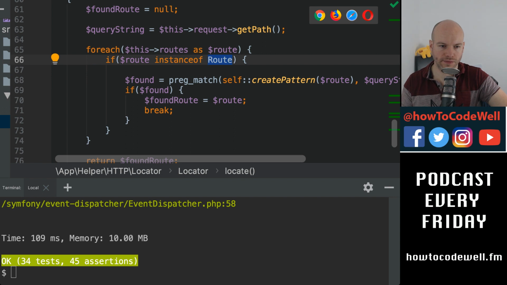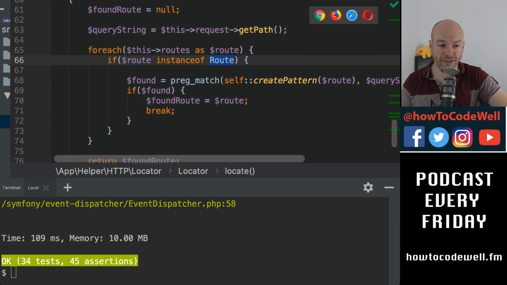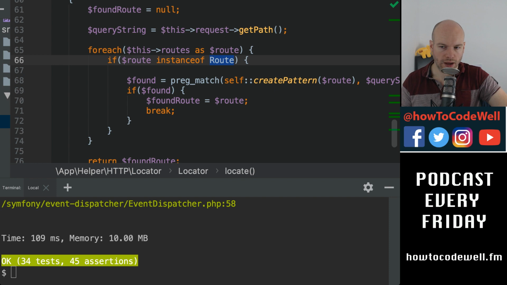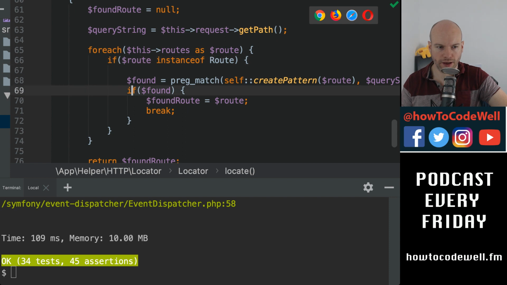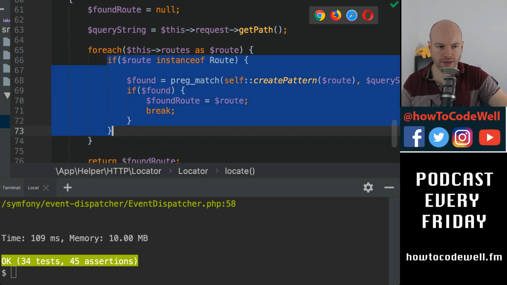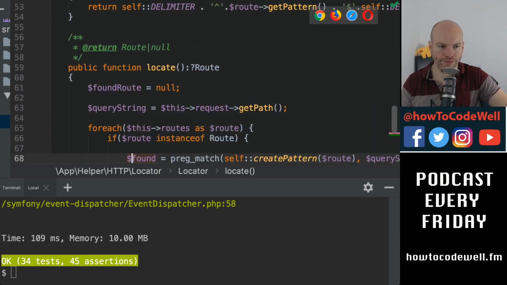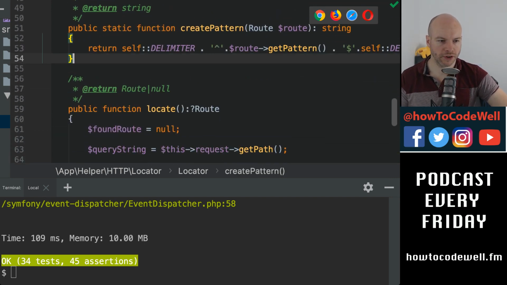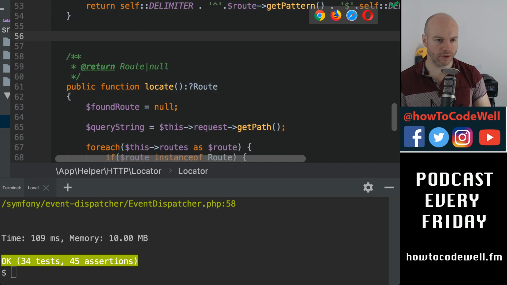Also, it gives you the ability, in your IDE, to know what those variables represent, which I find incredibly handy. But it's very messy, because you've got a foreach, if, and then an if here. So I think what I'm going to do is take this section out, and we're just going to create another